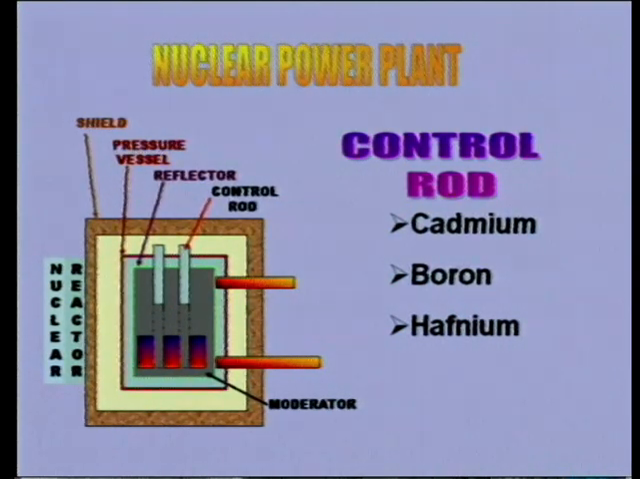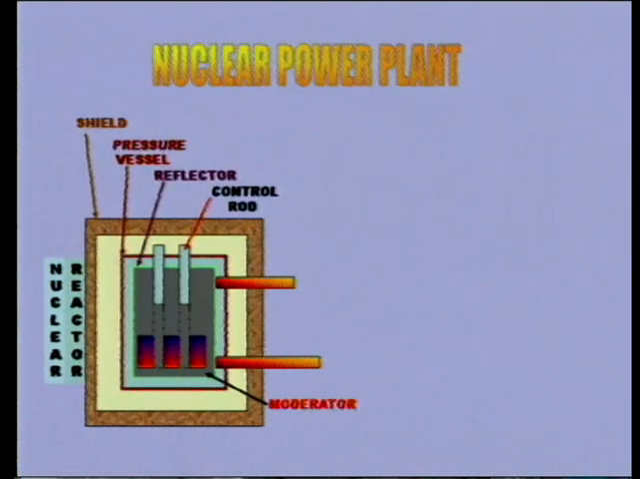Now, let us talk about the next important thing, that is the moderator. As we have already seen while talking about chain reactions, the moderator reduces the speed of the neutrons. This is done in order to see that the fission occurrence is more. The moderator, it reduces